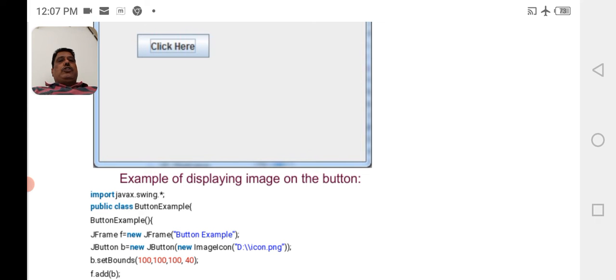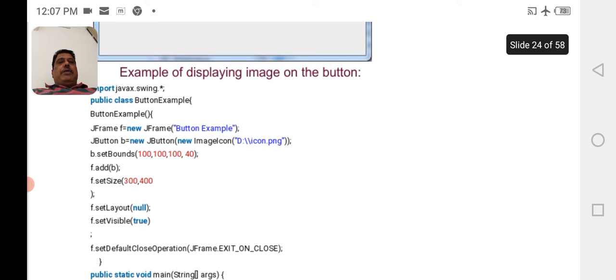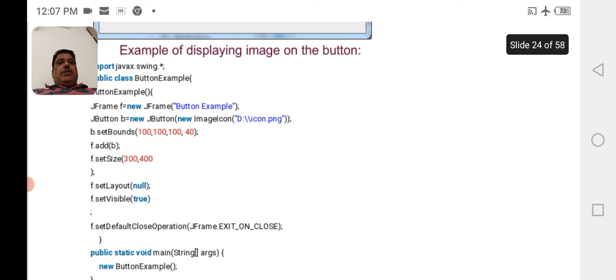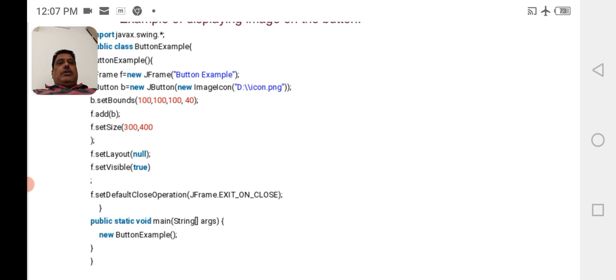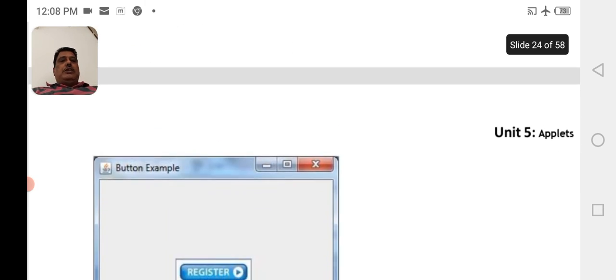Example of displaying an image on the button. Import javax.swing.*; public class ButtonExample { JFrame f = new JFrame("Button Example"); JButton b = new JButton(new ImageIcon(...)); b.setBounds(...); f.add(b); f.setSize(...); f.setLayout(null); f.setVisible(true); f.setDefaultCloseOperation(JFrame.EXIT_ON_CLOSE); public static void main(String[] args) { new ButtonExample(); } So the output of the above program is